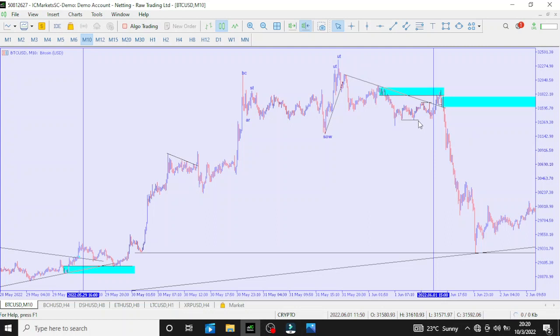It creates that liquidity within a high time frame bias. Guys, man, this is interesting. This is interesting. I think this will be a breakthrough